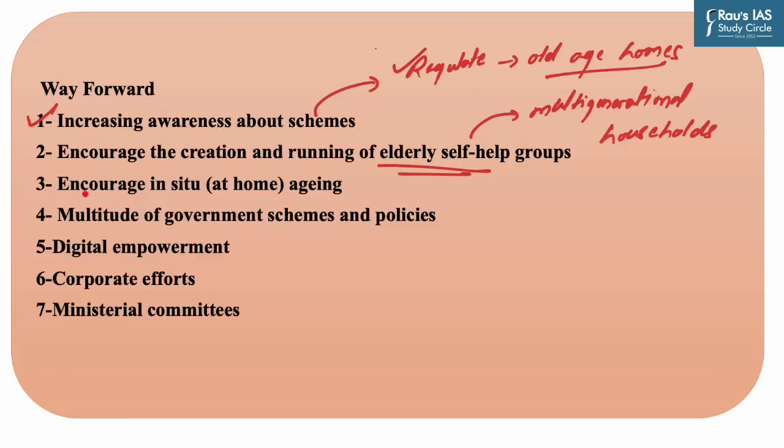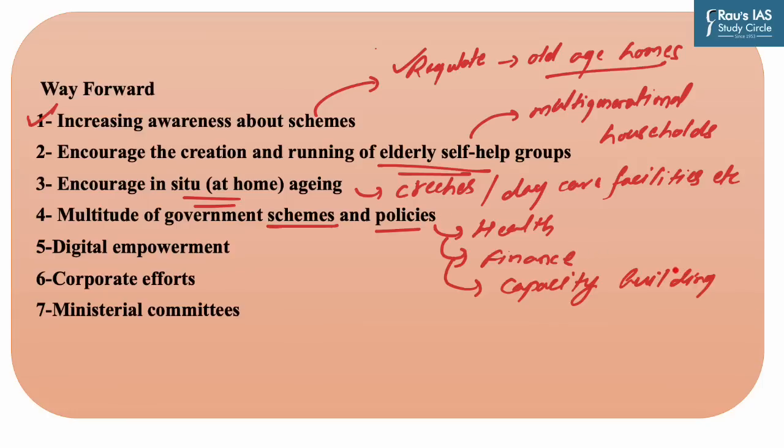Further, it says that government should encourage in situ, that is at home aging, as much as possible by creating short-term care facilities like creches, daycare facilities, etc. And for this, it cited that it is possible to have better care when elderly people live with their respective families. Further, it says a multitude of government schemes and policies addressing the health, financial empowerment, and capacity building needs